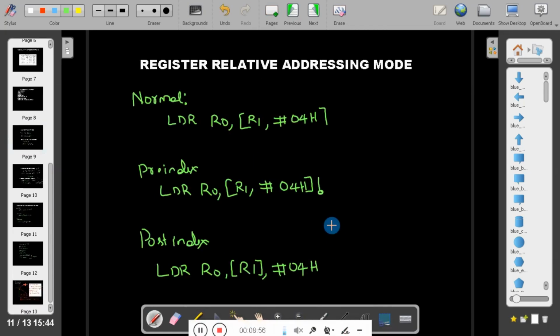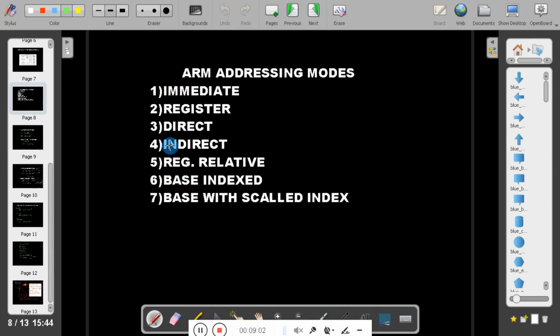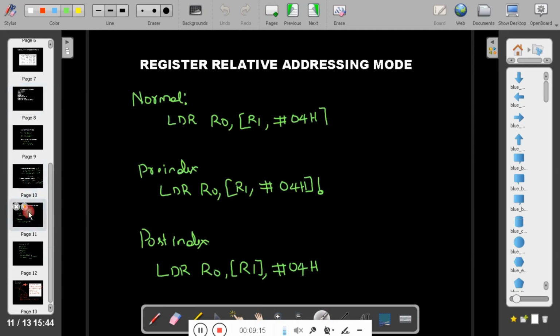Now we will move into register relative addressing mode. Register relative, base indexed, and base with scaled index addressing modes come in three versions: normal, pre-index, and post-index.